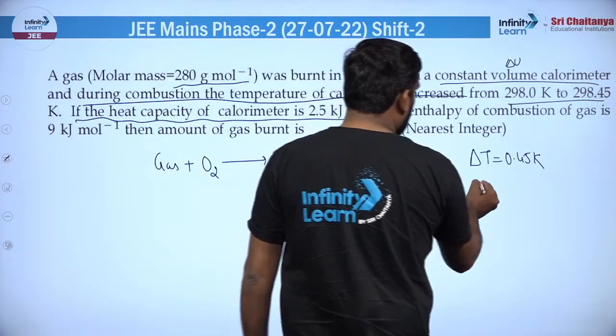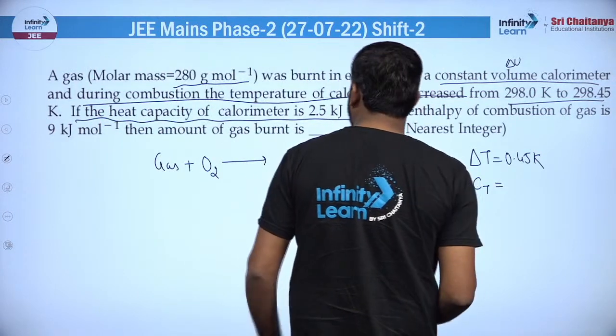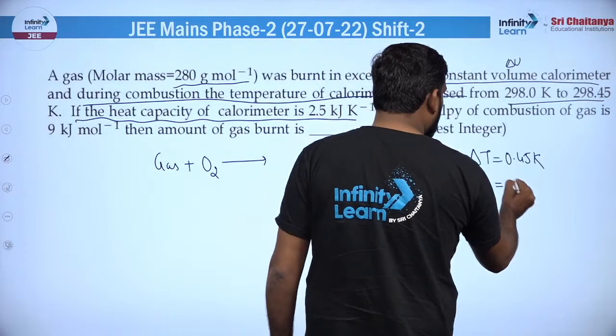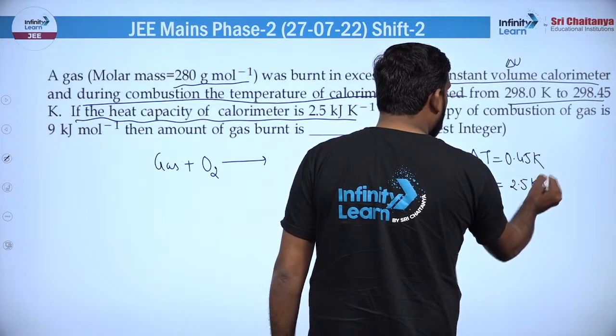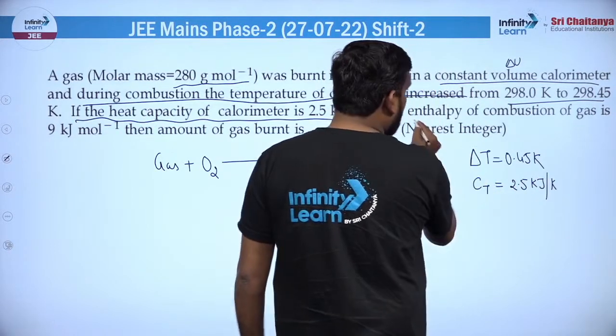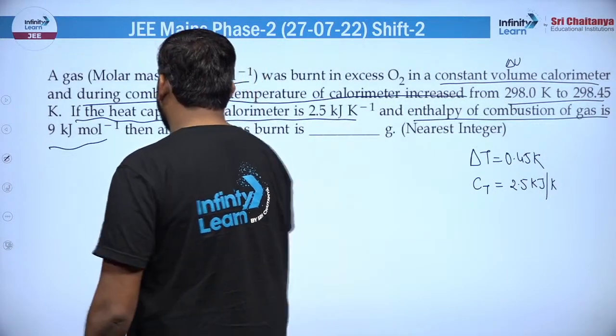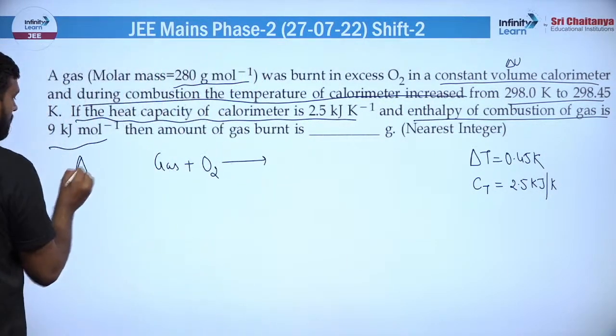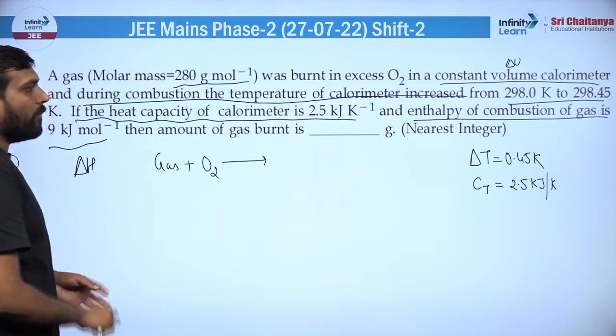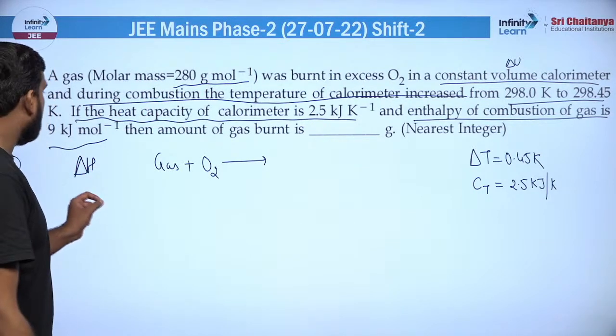इफ द हीट कैपेसिटी भी हमें पता है, यानी कि हीट कैपेसिटी जो है, तो यहां पर आपको CT भी पता है। दैट इज बेसिकली 2.5 किलो जूल पर केल्विन। एंड एंथैल्पी ऑफ द कंबशन ऑफ द गैस इज दिस, एंथैल्पी यानी डेल्टा H भी आपको क्वेश्चन में गिवन है। ठीक है, बहुत सारी चीजें गिवन है।